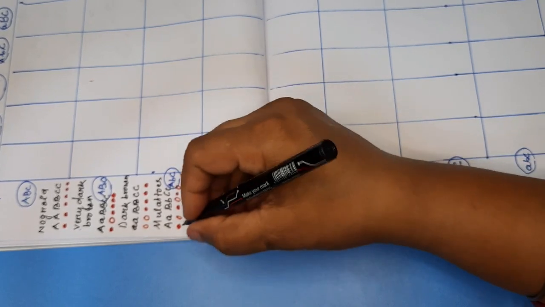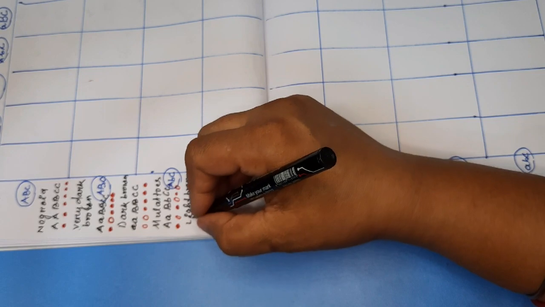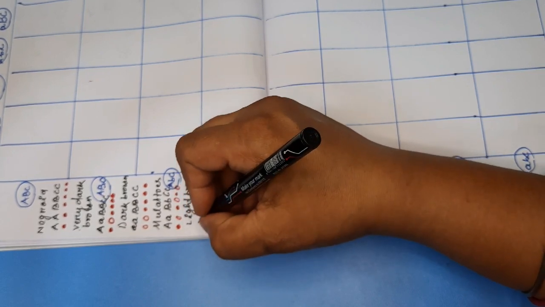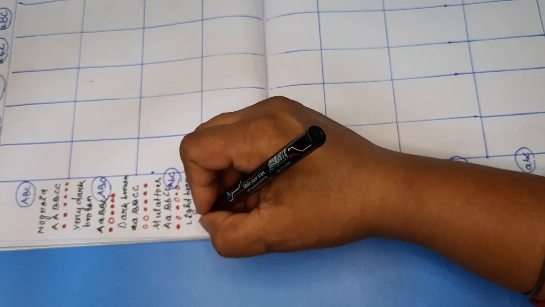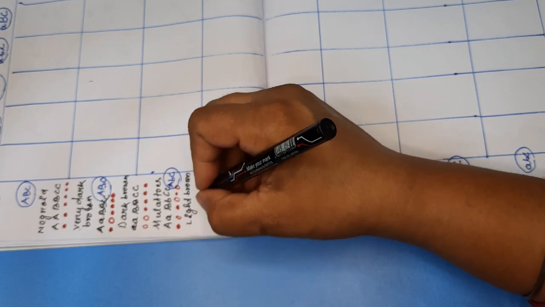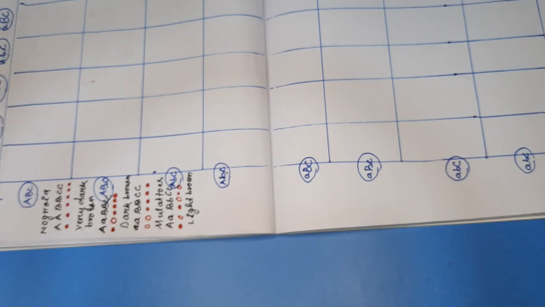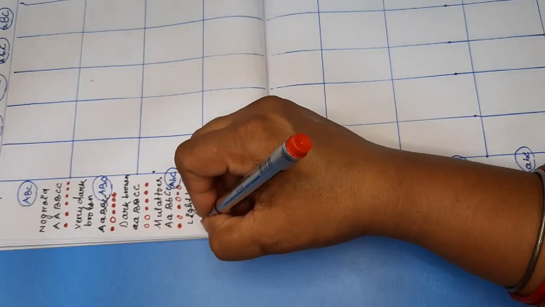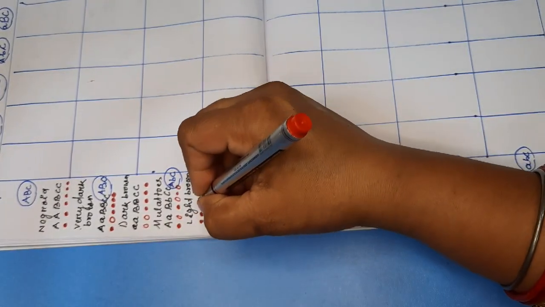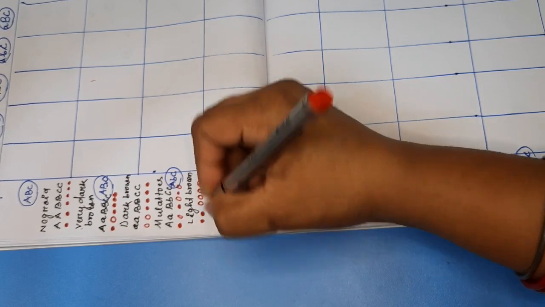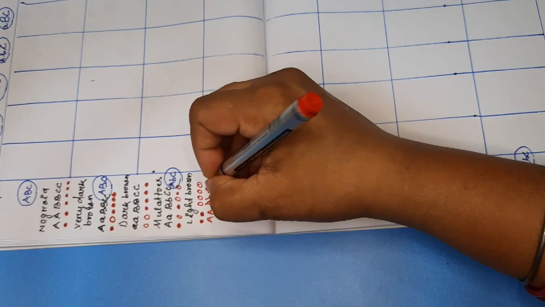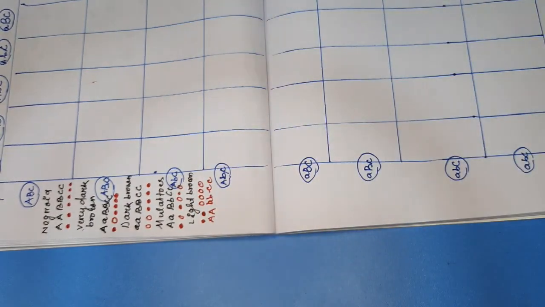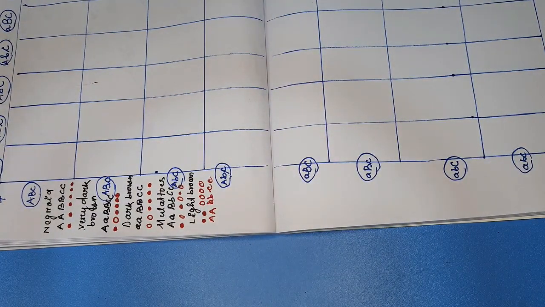So light brown skin color, fair skin color, very fair skin color. That will have 4 lighter circles and 2 dark circles. So 2 dark circles and 4 lighter circles. Say capital A, small a, small b, small b, small c, small c will produce light brown or very fair skin color. Fair skin color or very light brown